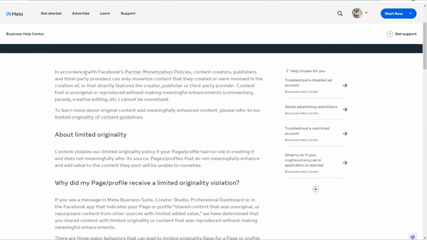What they actually mean is that you can only monetize content that you were part of producing, or that featured you, or that you are the real owner of, maybe because you paid people to create that content in your name. In any way, if you want to monetize content that you are not the owner of, you are not featured in, and you did not create,